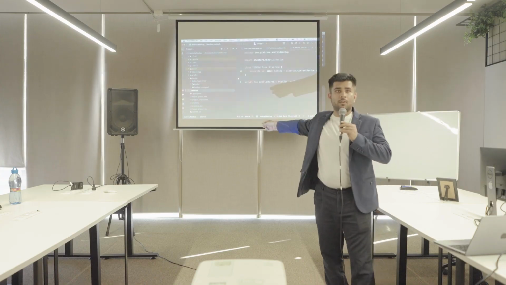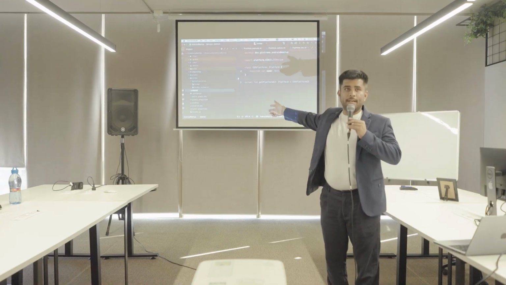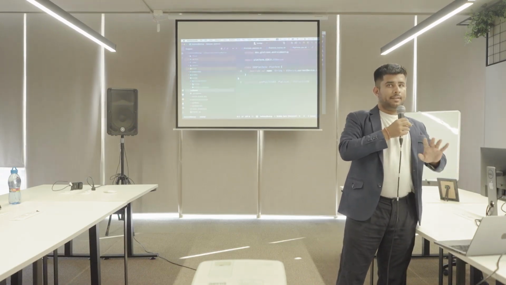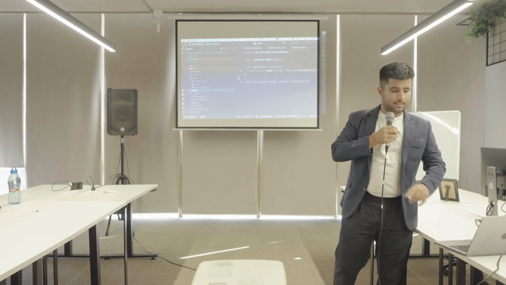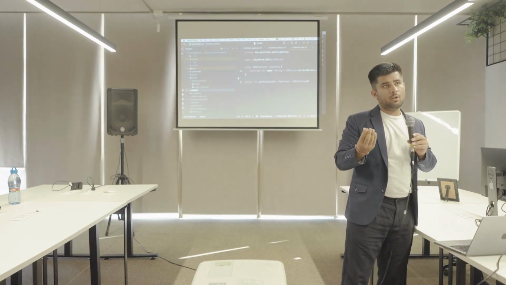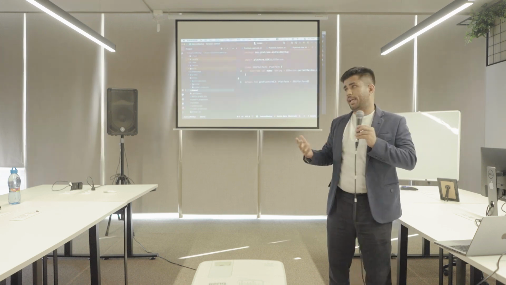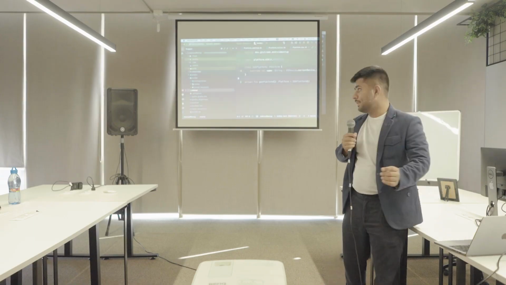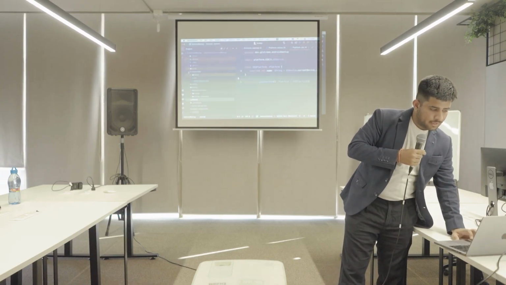If anyone has worked on iOS before, you will notice that this has something called an Xcode project file. Has anyone done iOS here? Anyone experimented with iOS? So you know what that Xcode project means, right? For the people that don't, the Xcode project is the Xcode version of your .kt file. It holds all the project related information. Xcode gets it from this file. So once I launch the iOS app, which will be in just a bit, I will launch using this file. Enough for this iOS app directory.